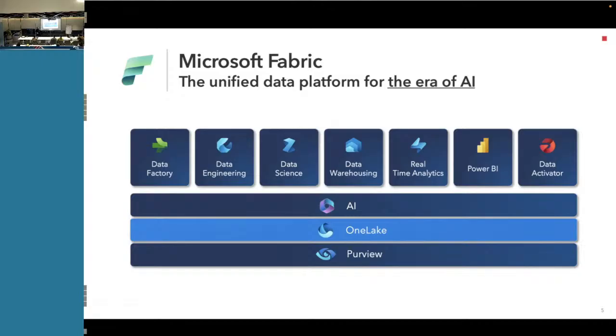By that I mean Data Factory, natively integrated, and data engineering, meaning Apache Spark, a library built for big data processing, terabytes and petabytes of data, many times in real time and many times also in batch mode.